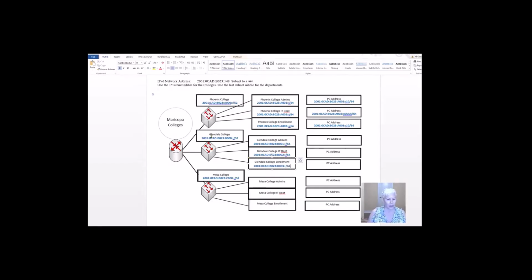Okay, again, so notice here, this is Glendale College. All these departments belong to the B network, but each department has its own unique piece of the subnet ID so that they belong to their own LAN, their own network.